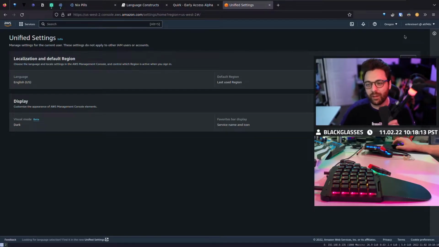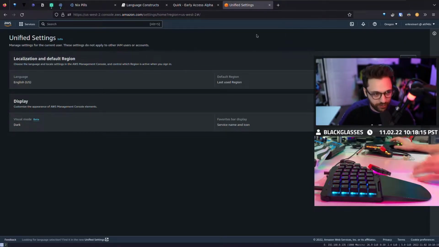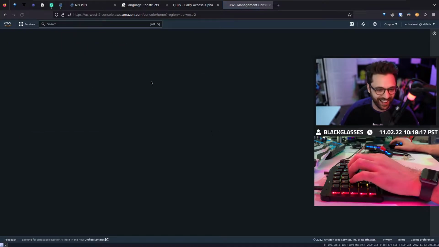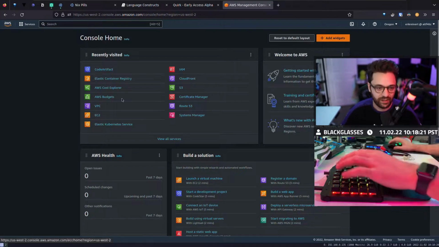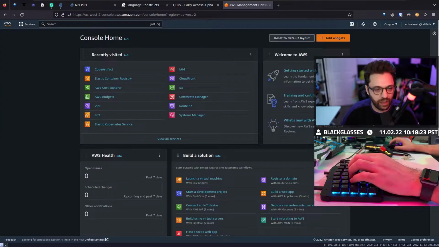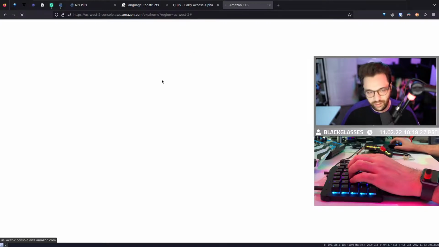I'm pretty sure Amazon just got like 50 requests for dark mode to be turned on. Yeah, they finally did something, and yeah, we have dark mode now, which is great. By the way, I don't know why this artifacting is also happening. I've been dealing with that lately as well.